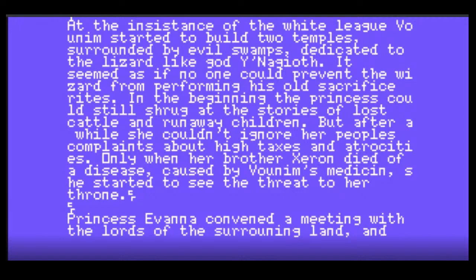In the beginning, the princess could still shrug at the stories of lost cattle and runaway children. But after a while, she couldn't ignore her people's complaints about high taxes and atrocities. Only when her brother Ziron died of a disease caused by Vunum's medicine, she started to see the threat to her throne.